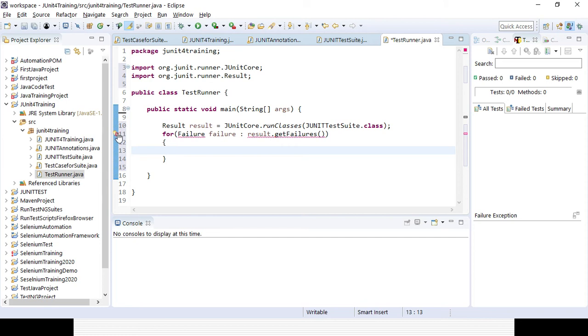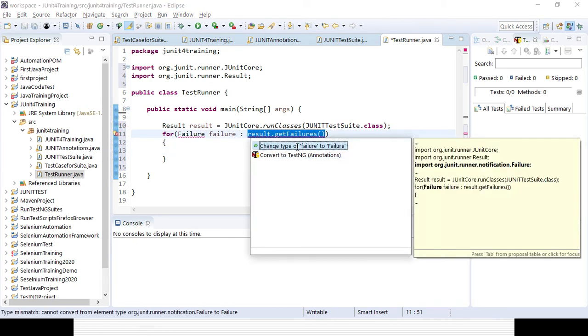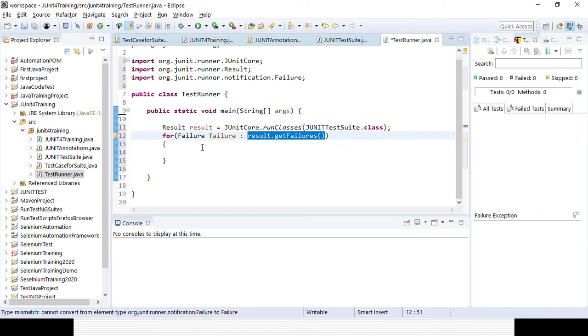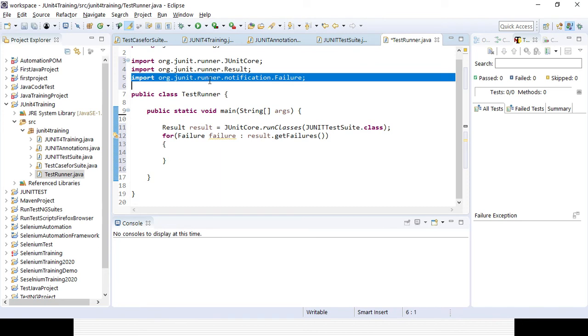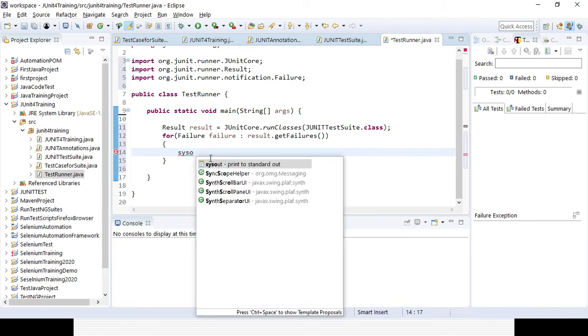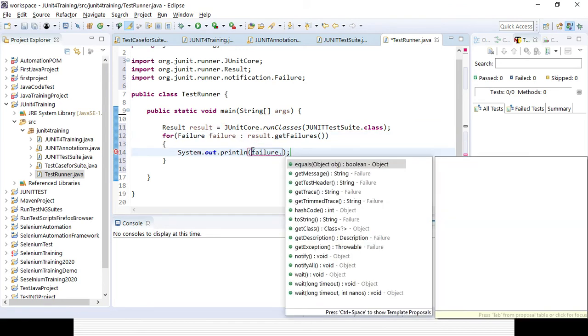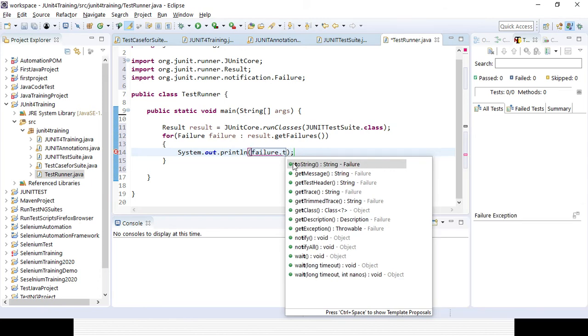Here you can see an error message, so we need to import Failure. You can see Failure is also imported from the org.junit.runner.notification package. Then I want to print out the failure, and I need to convert it to a string in case any failure is there, using toString.